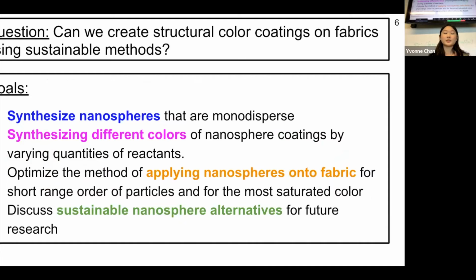So the question of my research is, can we create structural color coatings on fabrics using sustainable methods? Other researchers have successfully spray-coated structural color coatings onto fabrics using toxic components like styrene, but I had to modify the method of synthesizing nanospheres to make it more suitable for a high school classroom. And therefore the